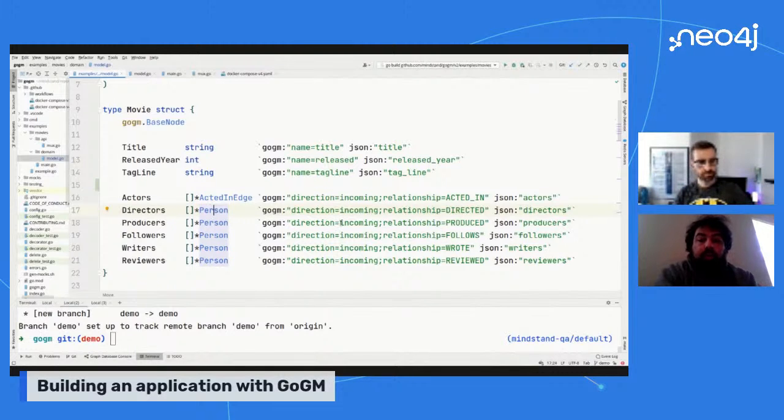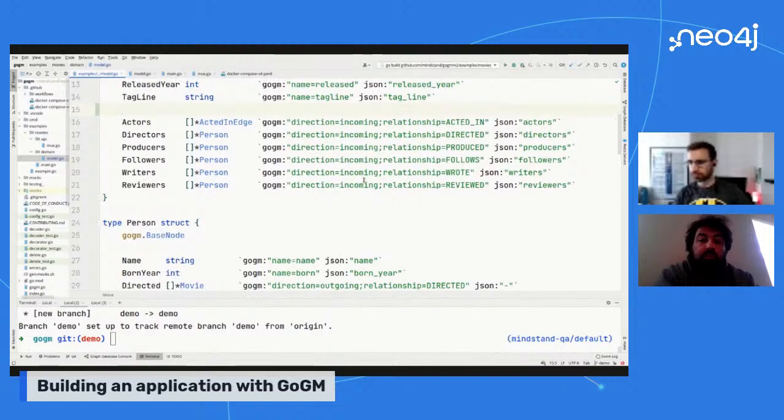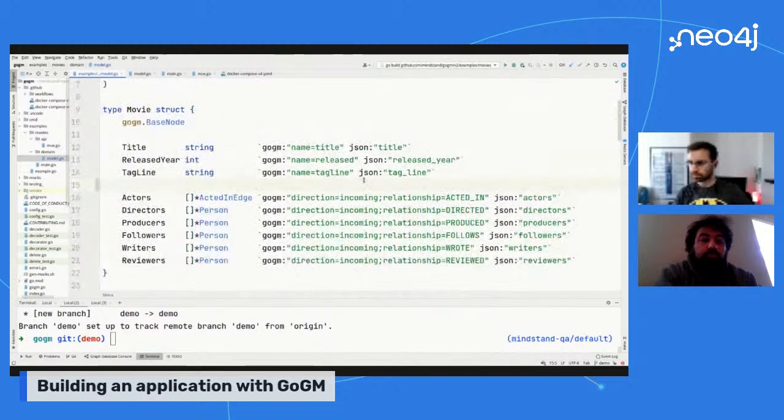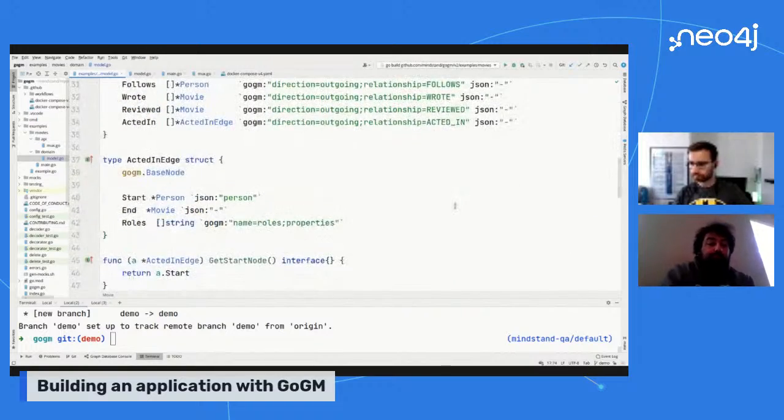Either way is fine. And then you have to define the direction and the relationship. I'll come back to the JSON part later and explain that piece. So this is saying movie relates to person on the field director on the relationship directed, for example.